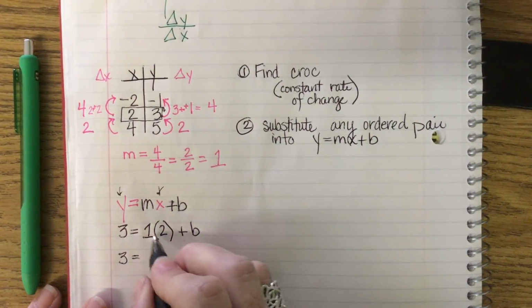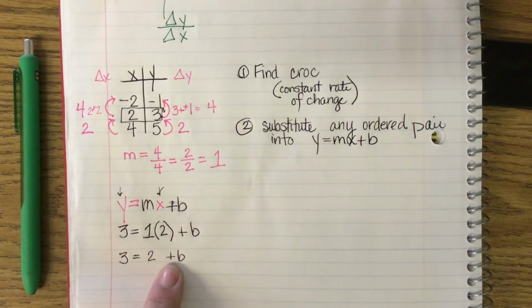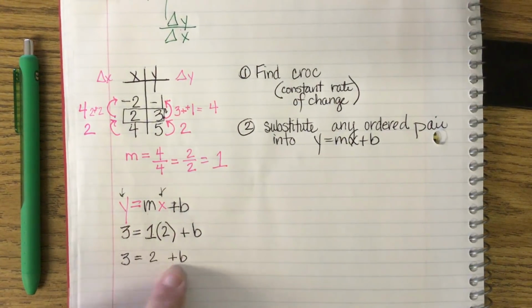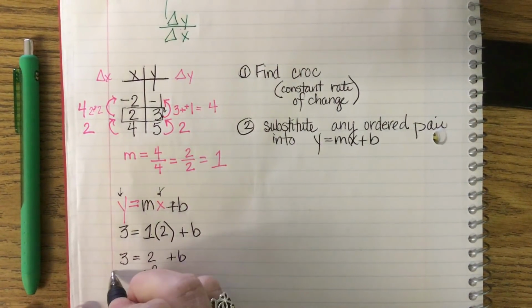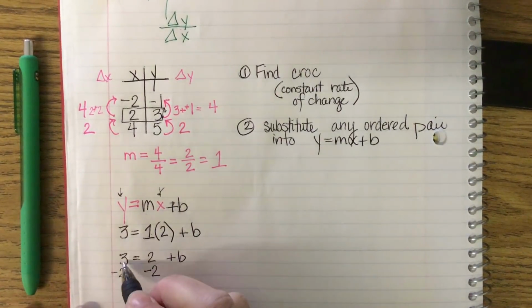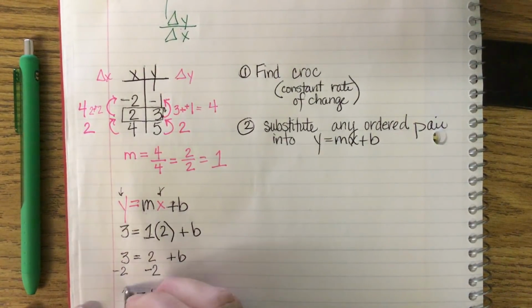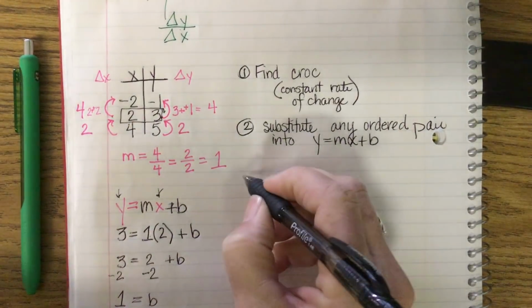So 3 equals 1 times 2 is 2 plus b. How do I isolate my variable? That's right, I'm going to subtract 2, but if I do it to one side, I must do it to the other. I am left with b is equal to 3 minus 2 is 1, a positive 1. Step 3,